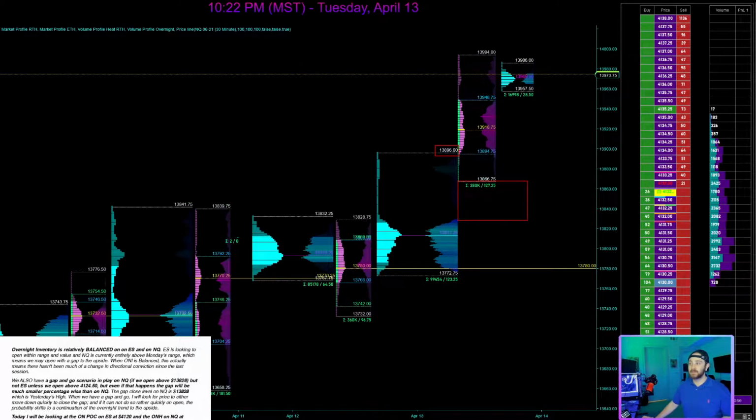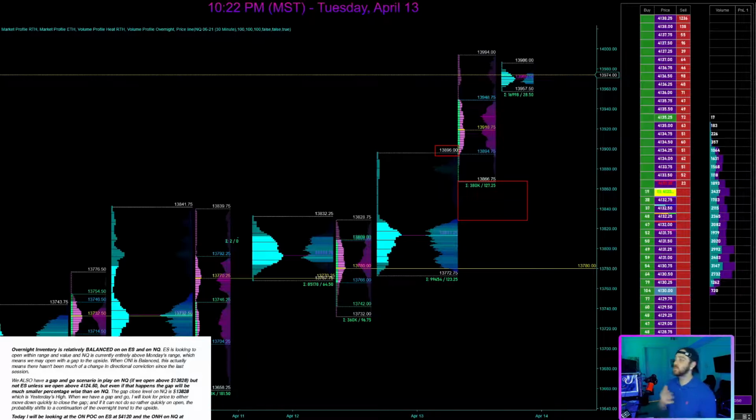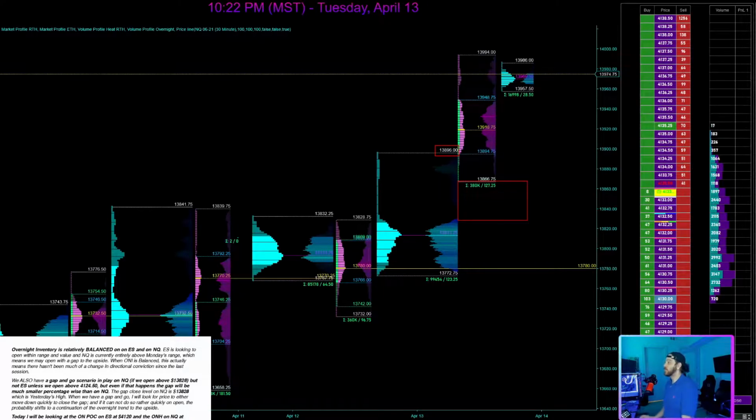You can see that I say here, if we can move and hold above these levels, I will look for a gap and go on NQ and directional conviction to develop on ES. I will be cautiously taking longs and periodically taking profit, as we are now at all-time highs on both ES and NQ. If we do not move and hold above those levels, I will look for a gap close on NQ, which we did not get, and a rotation on ES between the prior high and prior low, which again,